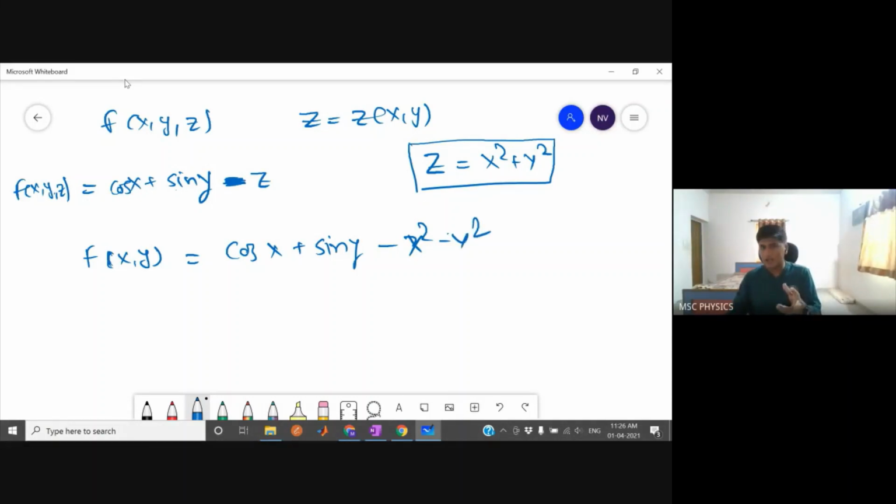Now, you could have used the value of x instead of the value of z, you could have used anything. But eventually, if you have these two things, you can express f in any two of those variables out of three. Okay, you can do this. Now, is this first point clear? Yes, sir.